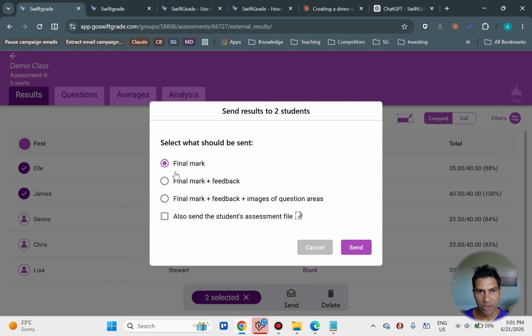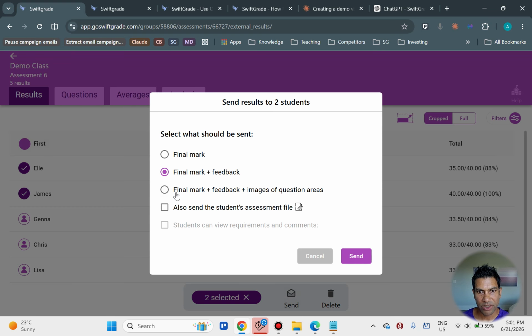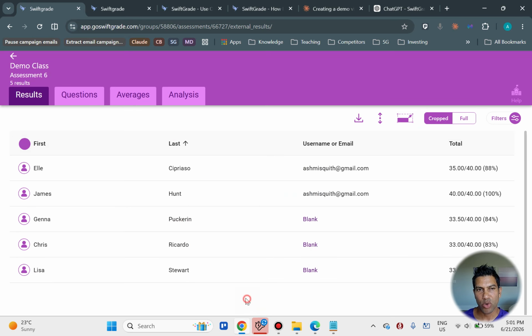And then you can send either the final mark plus the feedback, or the question areas. You can also send them their test. And coming very soon, we'll also have where you can email the parents. So when you are on the student page, there would also be another column where you can add the parent emails. That way you can really grade everything, and within the same day, send the results to